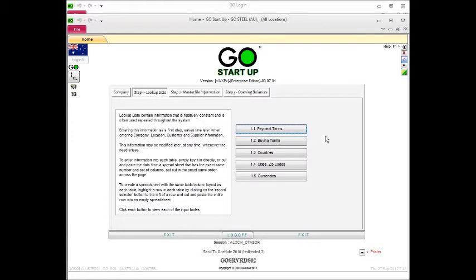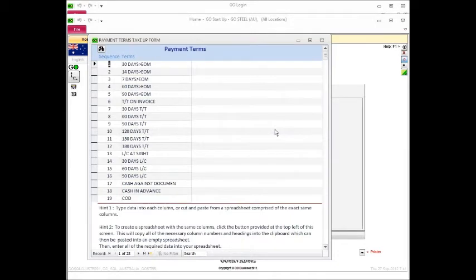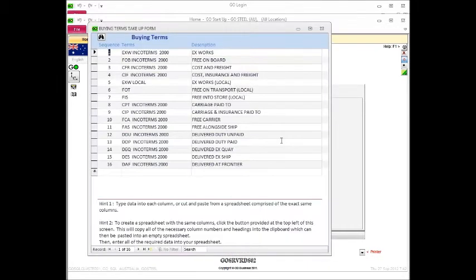Step 1, Lookup Lists, has 5 options: payment terms, buying terms, countries, cities and currencies. Let's take a look at how you can enter the payment terms. Here you'll see the form is quite simple. There are simply 2 columns, a sequence and a terms. The information here can either be entered directly into this form or can be cut and pasted into this form via a spreadsheet. Same applies to buying terms,